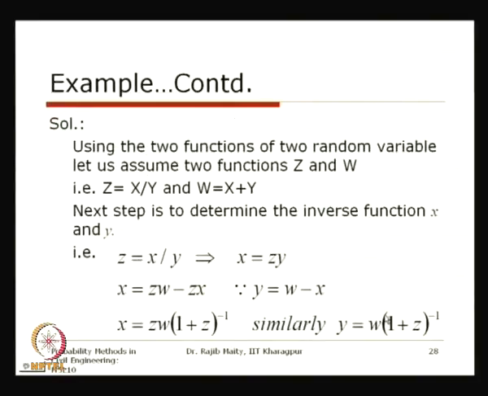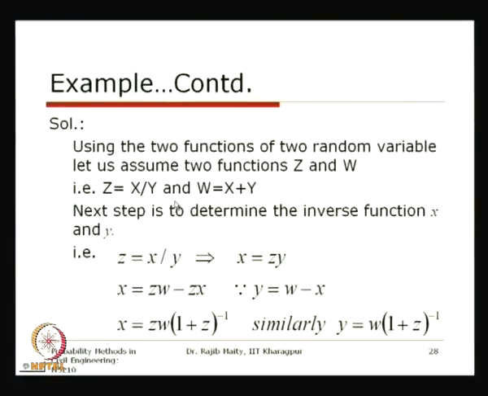Now, as I was telling before, sometimes this can be done the way that we have done earlier, if only one function is asked for, you can use that theory to get the ratio. But we will see through this example that if we introduce another new random variable, which may not be of interest so far as the problem is concerned, the problem can be solved very easily, because we will first find their joint density, and from the joint density we will find the marginal distribution. This is what is explained through this problem. So one function is z equals x by y,